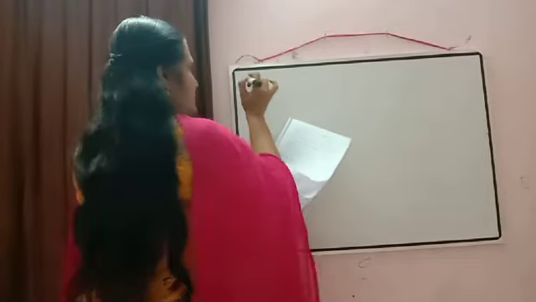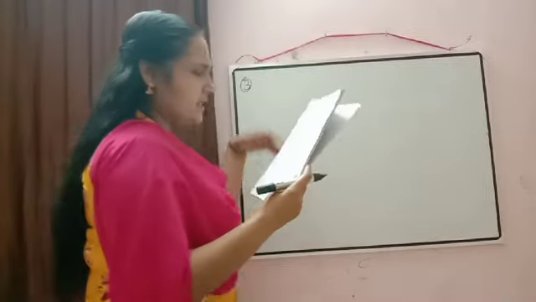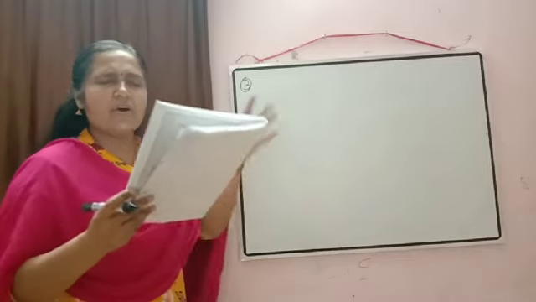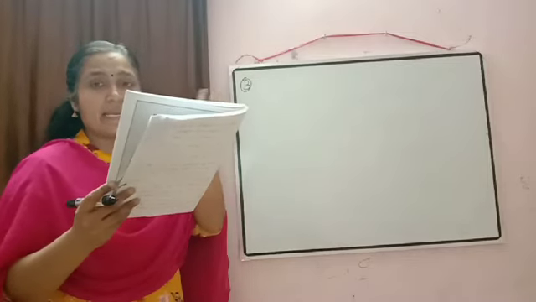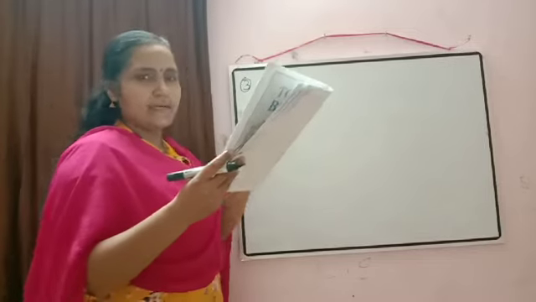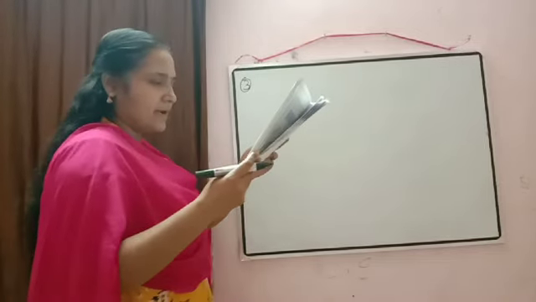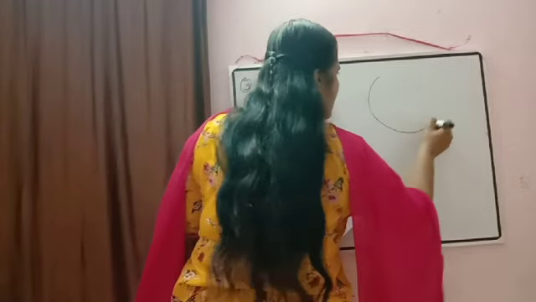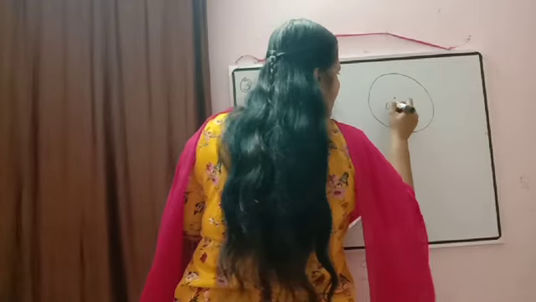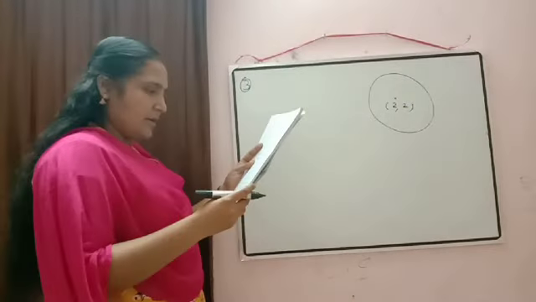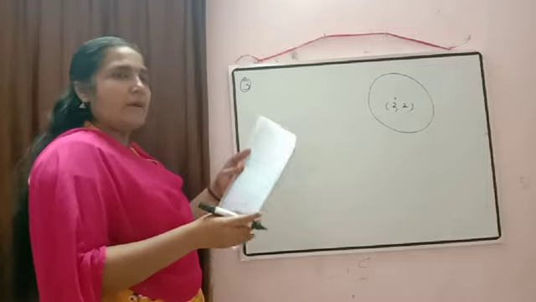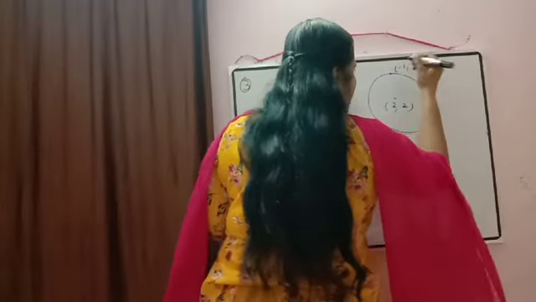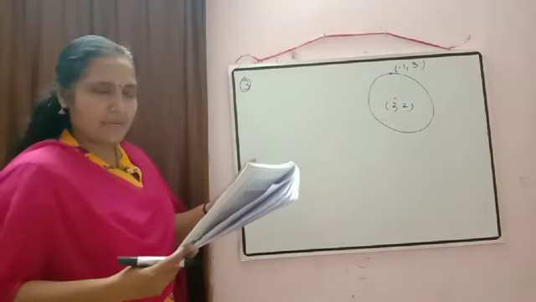Now, in the third question it is written. Whenever a question is there and you are not getting how to solve that question, then my suggestion is you just draw the diagram. Then you will get how to solve. Like in the third question it is written, find the equation of circle whose center is given as 2, 2, and the circle passes through the point minus 1, 3. In this way, information is given.